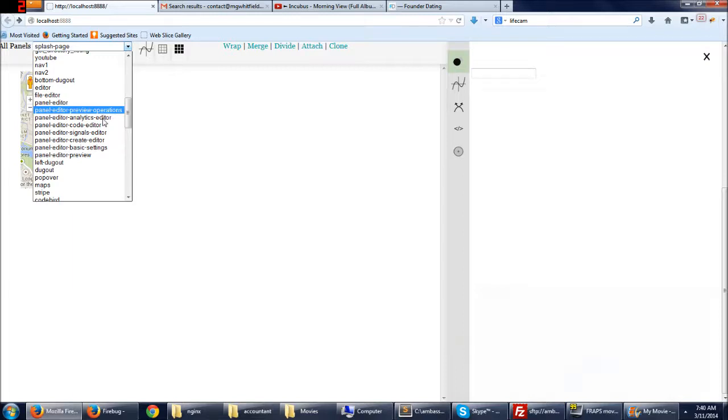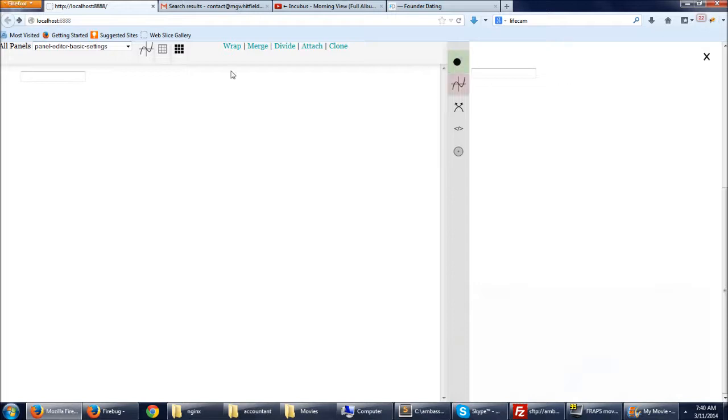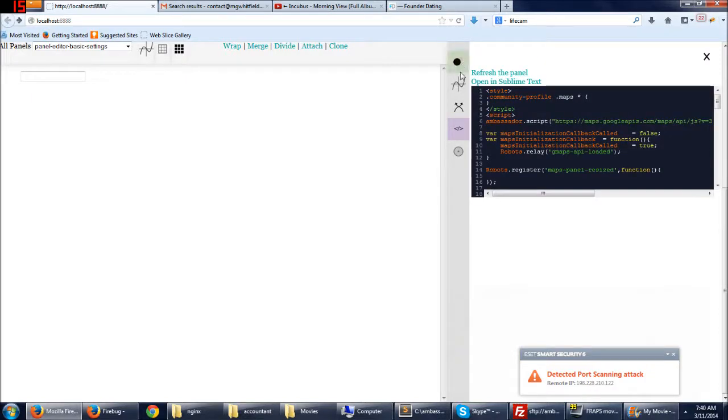And it's pretty awesome because it's kind of surprising for what people expect or are willing to believe. So here I've just switched over to the panel that should house the basic settings, and you can see it just has a form right now. I'm going to make that a little bit more robust, but if we go and look at the code for it,